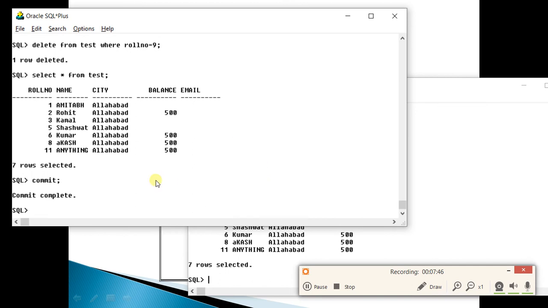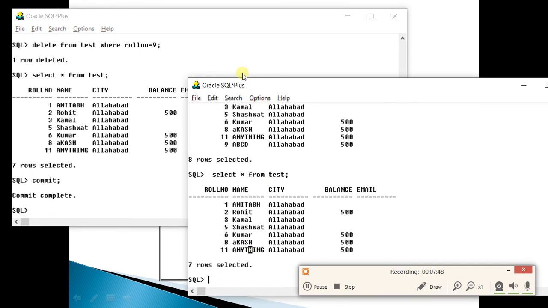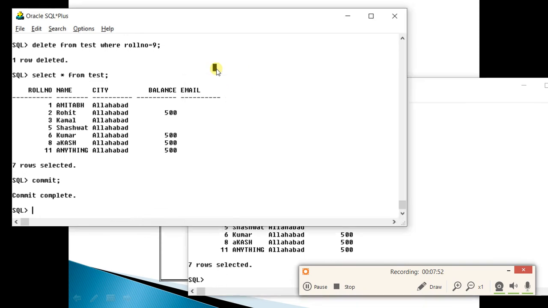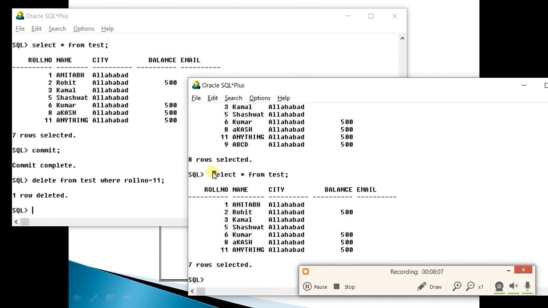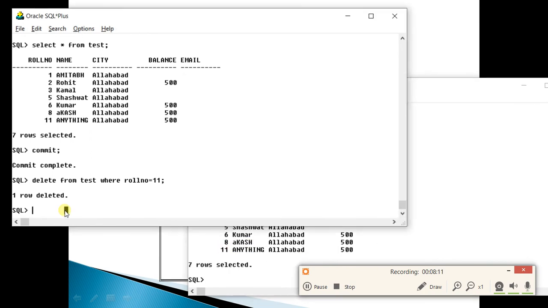Now the same thing happens in case of delete also, but in a little bit different way. Suppose you type delete from test where roll number equals 11. One row deleted. You see here it is showing you, but here it will not show you.